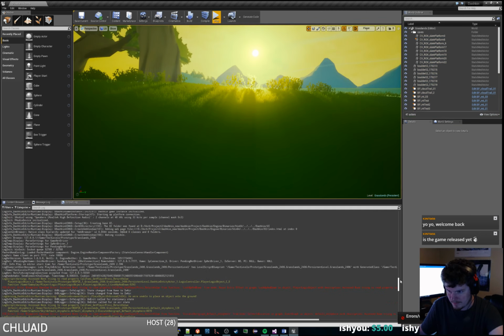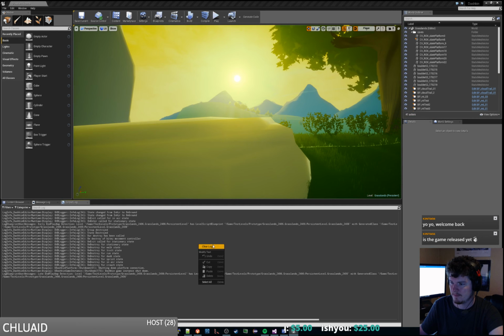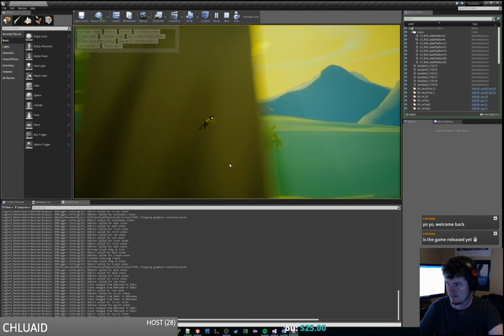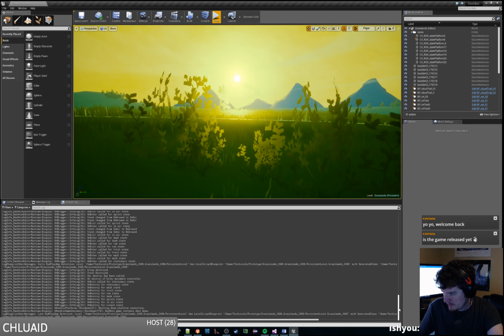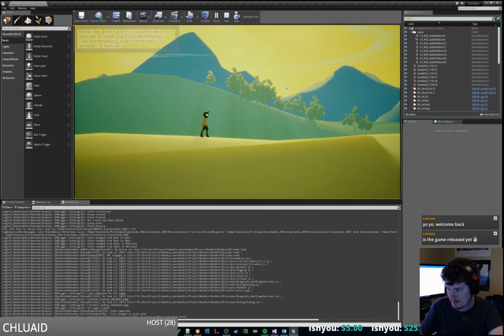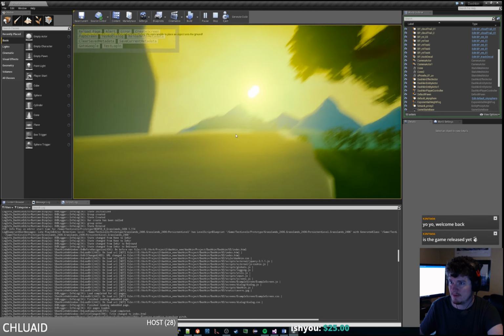Well, that blew everything up. Let's not run a dedicated server. Alright, so we were able to actually do things. Did our UI pop up? Yeah. And if we run a dedicated server, it does do stuff, but our